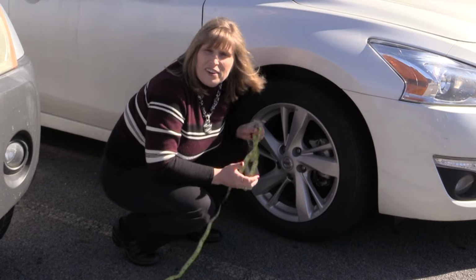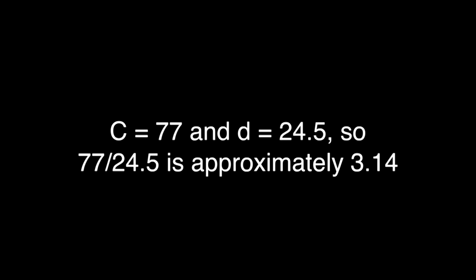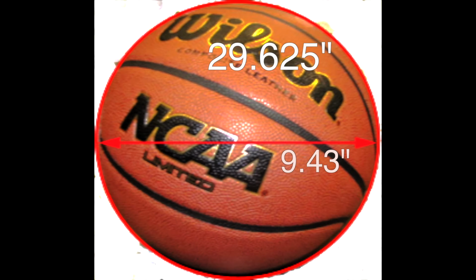So then if we calculate that, we can actually come out with approximately 3.14. Here's the calculation. So we're looking at the circumference of 77 and the diameter of 24 1/2. So 77 divided by 24 1/2 is approximately 3.14. So a second example is using a standard size basketball. So if you have a diameter of 9.43 and a circumference of 29.625, when you divide those two, you get